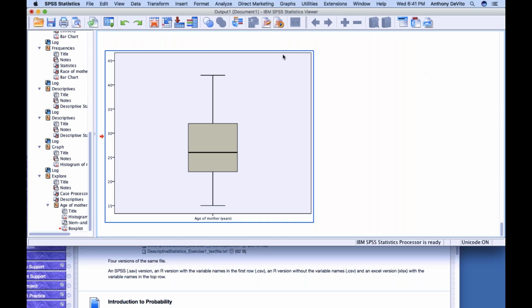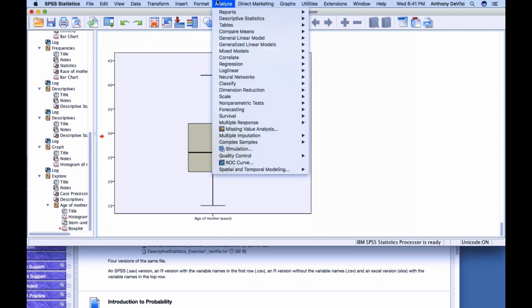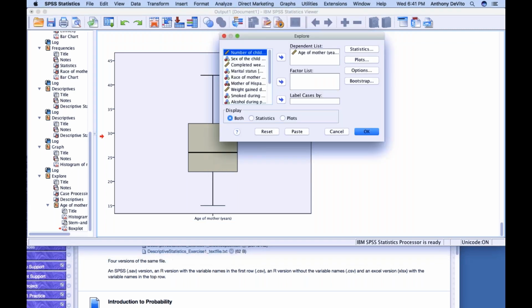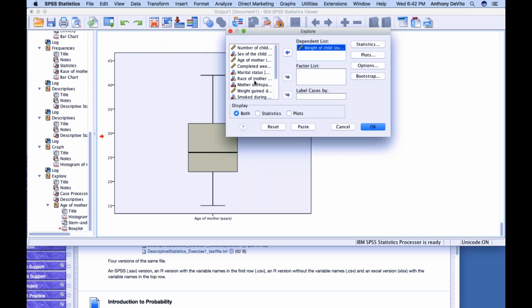Okay, so let's go to the videotape here and take a look at what we can do with numerical data. So I'm going to go back to descriptive statistics. I'm going to go to explore, except this time I'm going to do something a little bit different. I'm going to take some numerical data, like the weight of the infant in ounces. Okay, I'm an old guy. I'm not comfortable with the metric system, so I'm going to go with ounces instead of grams. That's not true. I prefer the metric system, but we're stuck with